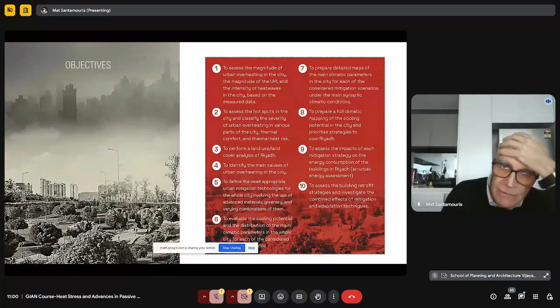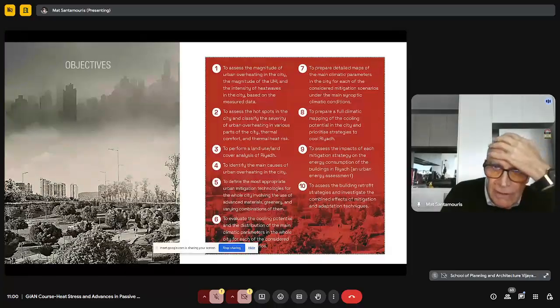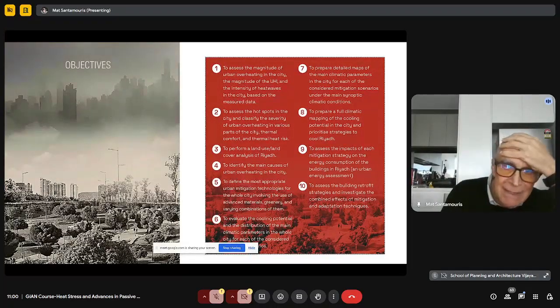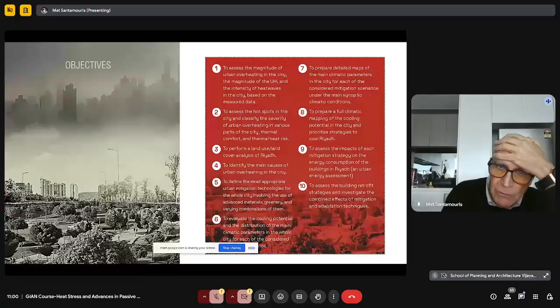So the very first task of this study was to assess the magnitude of the urban overheating in the city, the magnitude of the urban heat island, and the intensity of heat waves in the city, based on existing data. Also, to understand the spatial distribution of the overheating in the city and assess the hotspots